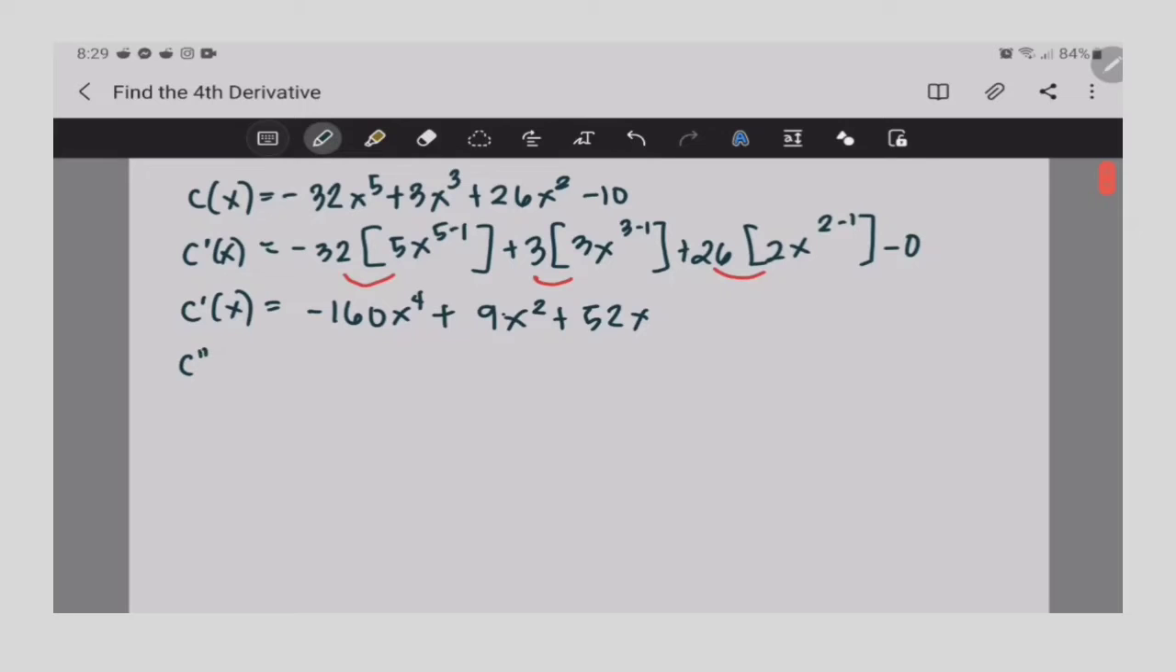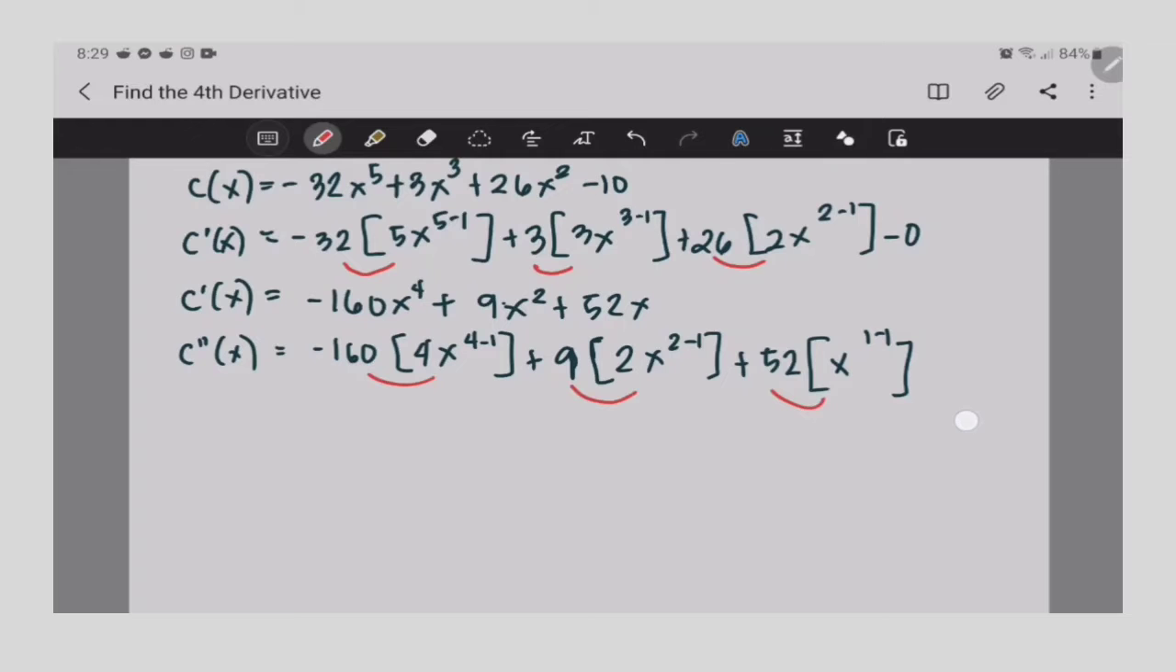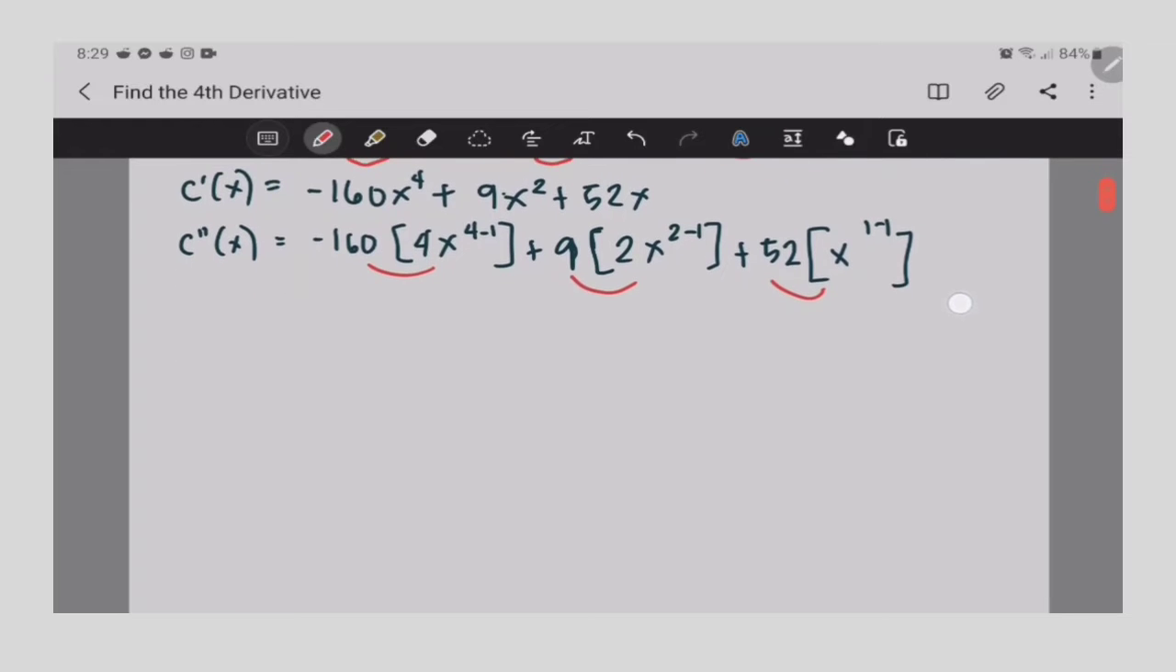So the second derivative of c of x is equal to negative 160 times the quantity of 4x raised to the power of 4 minus 1 plus 9 times the quantity of 2x raised to the power of 2 minus 1 plus 52 times the quantity of x raised to the power of 1 minus 1. So the same as the first derivative, we have to multiply this to this, to this, to this. So the answer will be